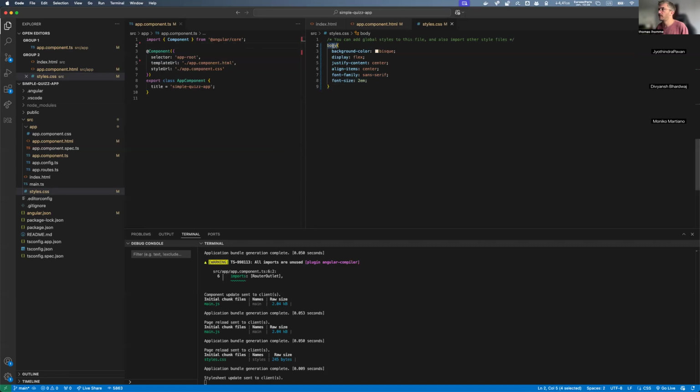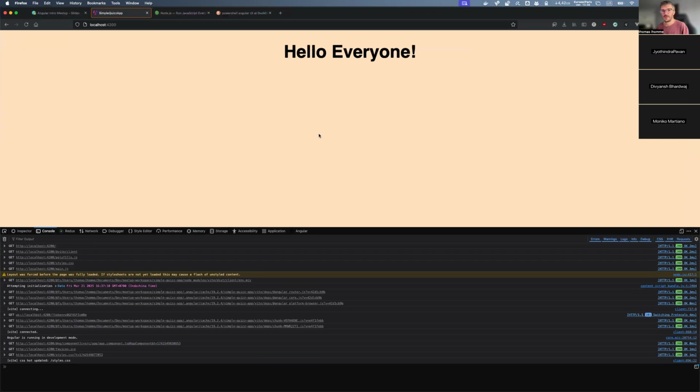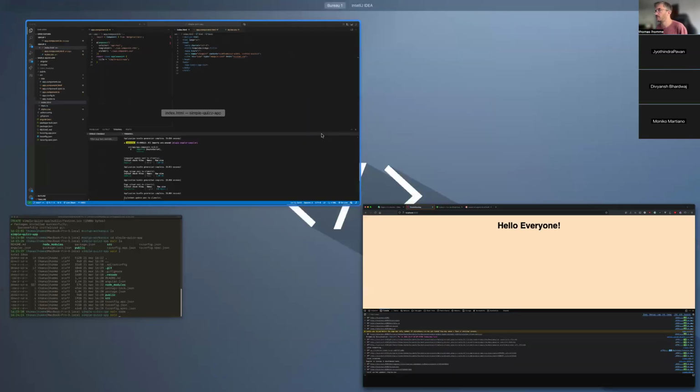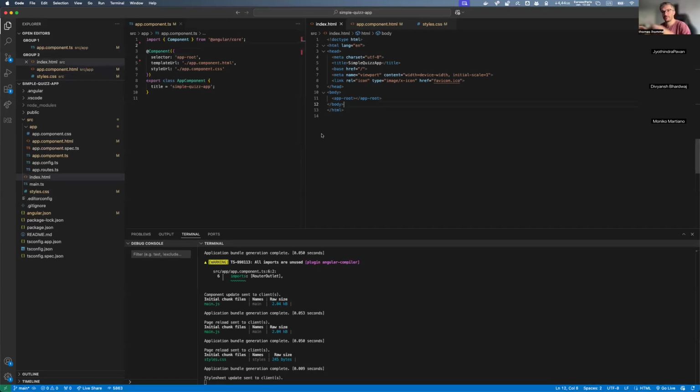Okay, I'm saying the body tag in my style CSS. So basically, the body tag that we have here. We apply a certain element. Everything is centered, right? You have seen as well one cool thing. If you have never done some front-end development, you don't need to refresh your page. It's automatically refreshing each time you do a modification, right? So that's pretty convenient. You can work with two screens and modify, and it will be displayed automatically on your page. So you have this in React and Vue too, it's a good feature.